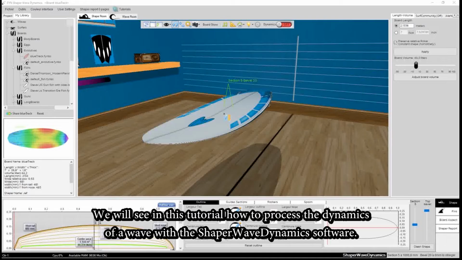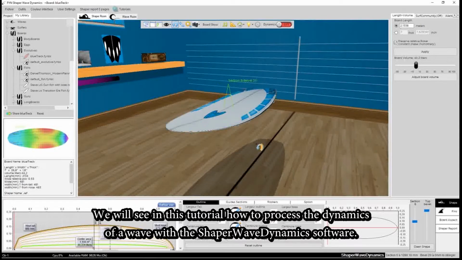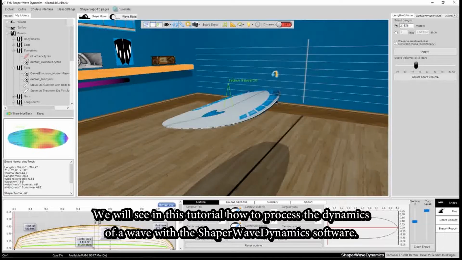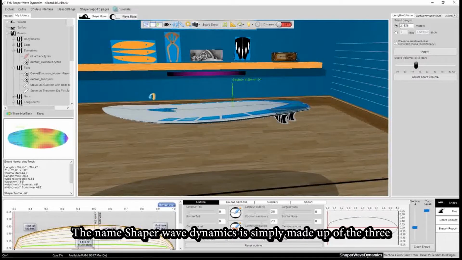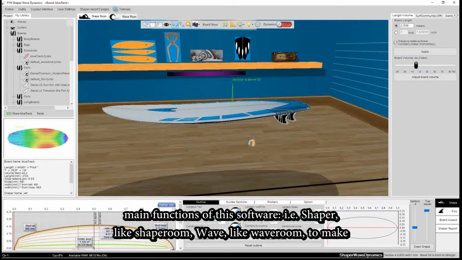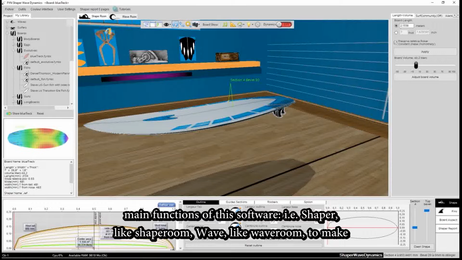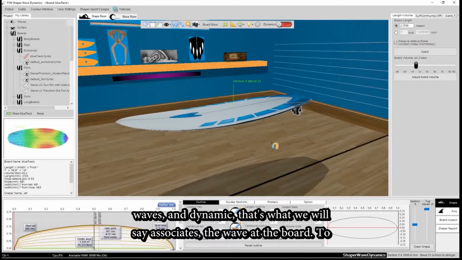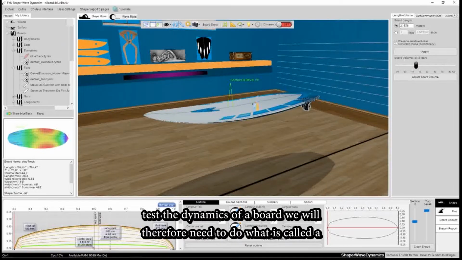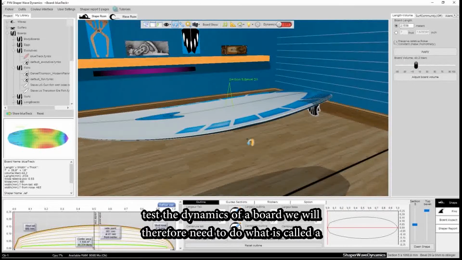We'll see in this tutorial how to process the dynamics of a wave with the Shaper Wave Dynamics software. The name Shaper Wave Dynamics is simply made up of the three main functions of this software, i.e. Shaper, like ShapeRoom, Wave, like WaveRoom, to make waves, and Dynamics, that's what associates the wave with the board. To test the dynamics of a board, we will therefore need to do what is called a hydrodynamic